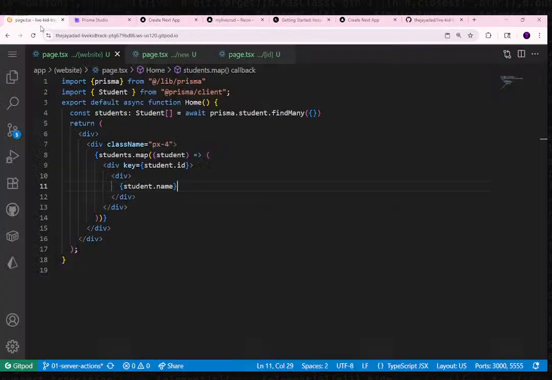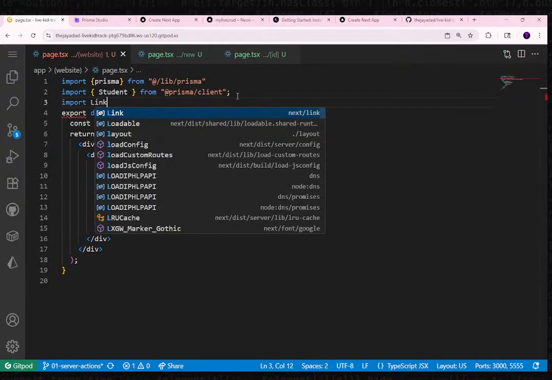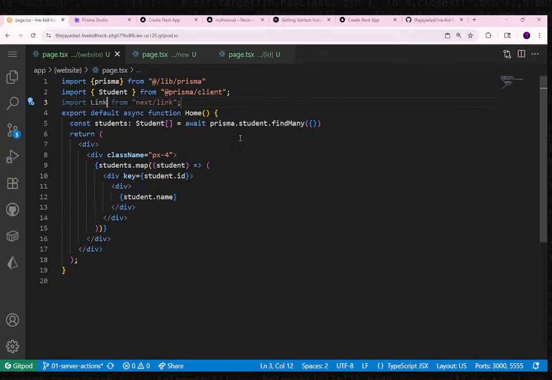The next server action or action I want to include is the ability to update the student. And remember, I want to redirect this student to the specific student ID page. To help us with the routing, I'm going to utilize link. So we'll import link, and that should be coming from next/link. Inside of this div,